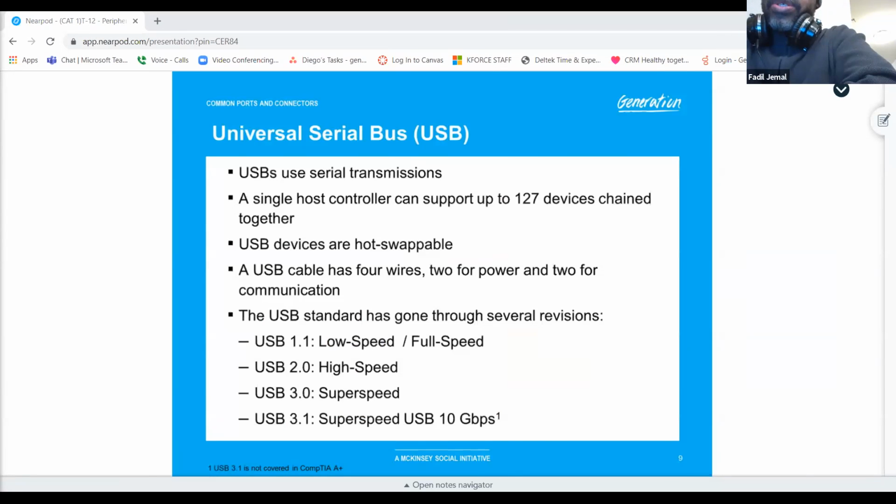Universal Serial Bus, USB. USBs use serial transmissions. A single host controller can support up to 127 devices chained together. USB devices are hot swappable. A USB cable has 4 wires, 2 for power and 2 for communication. The USB standard has gone through several revisions: USB 1.1 low speed or full speed, USB 2 high speed, USB 3 super speed, USB 3.1 super speed,